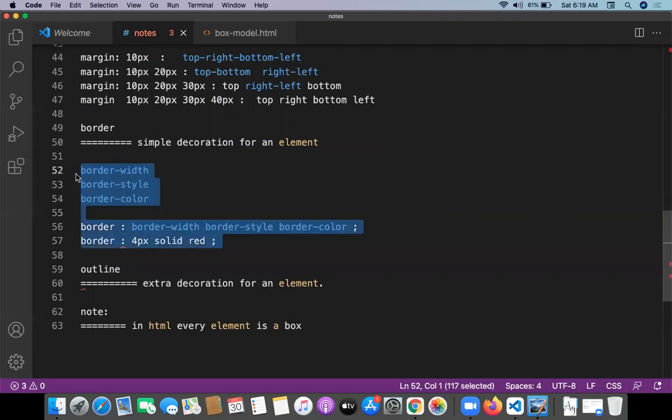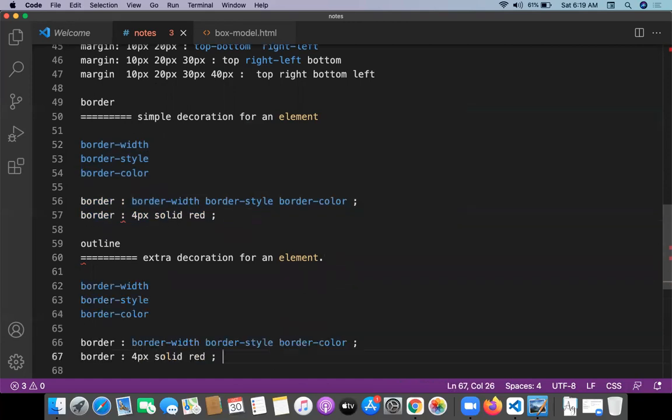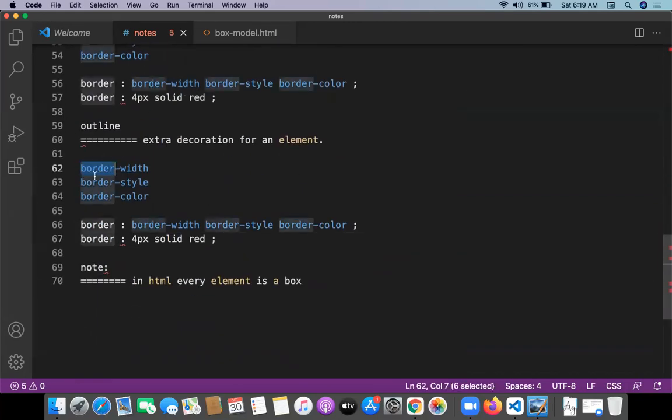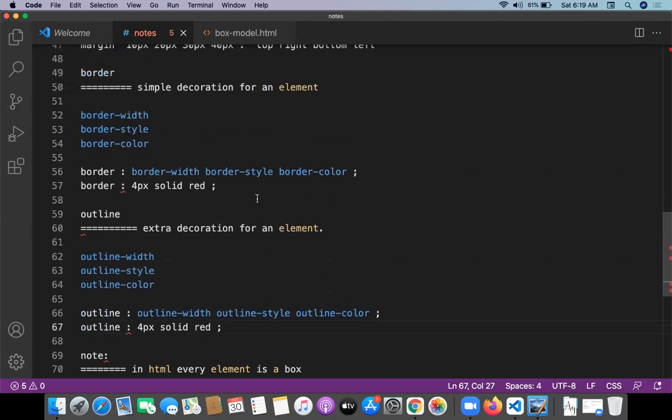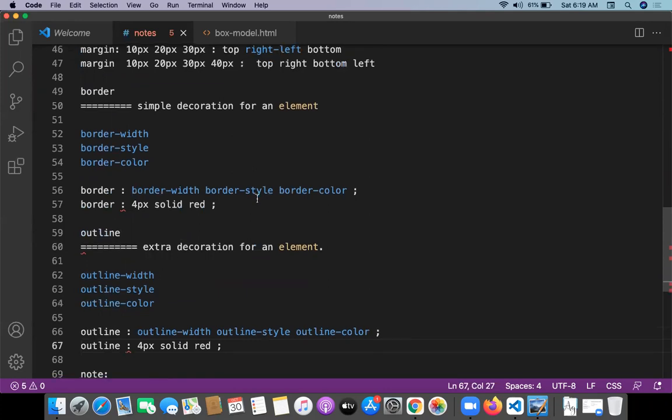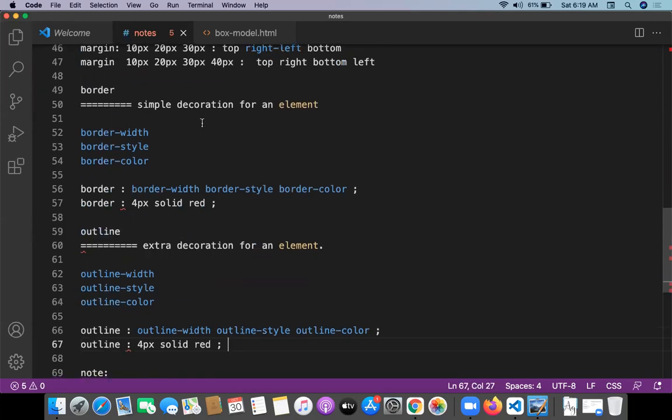Let me take the outline values now: outline width, outline style, and outline color. That's it. Outline is an extra property, an extra decoration. This is a simple decoration.